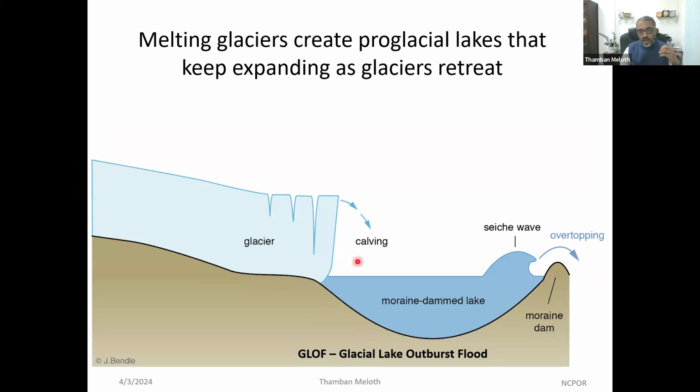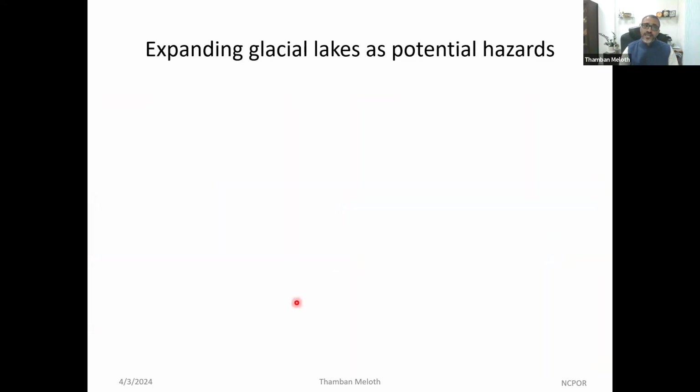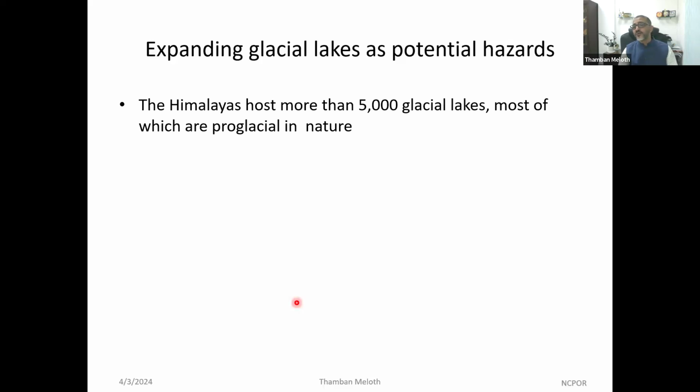Sometimes it could be a simple calving of the glacier front, but it could also be a cloudburst or extreme rainfall happening there. So these expanding glacial lakes are very potential hazards in this region, because the Himalayas host more than 5,000